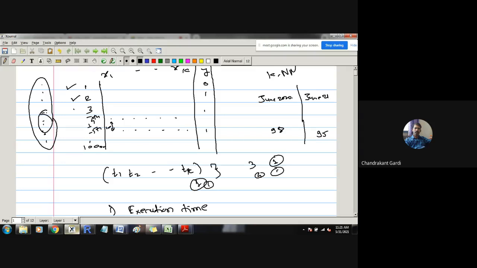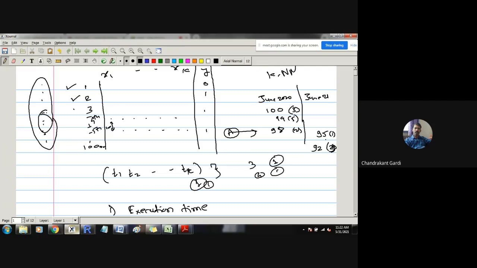Now suppose in June 2020 the highest mark was 100 and three students got 100 marks, five students got 99 marks, and two students got 98 marks, and the person we are talking about is one of them. But in June 2021, suppose he is the only person who got 95 marks. The second person got, say, 92 marks, and there are three persons. So the topper is on 95, the second topper will be on 92, and there will be three persons.